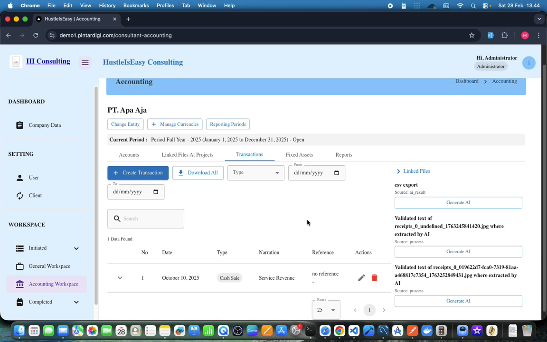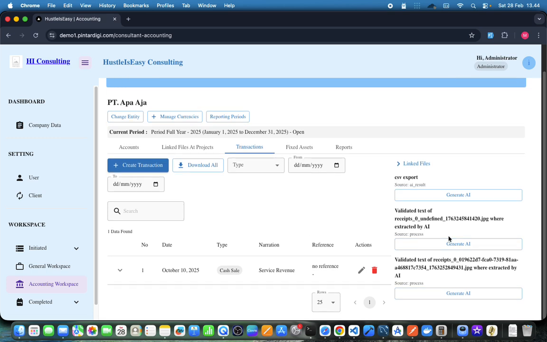Now, let's try inputting data from a linked file that contains OCR extracted data.